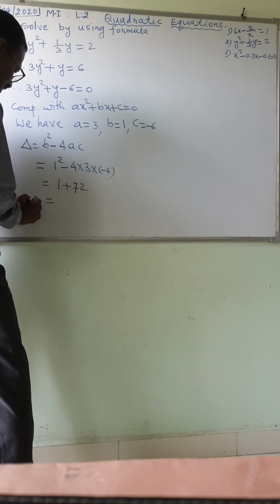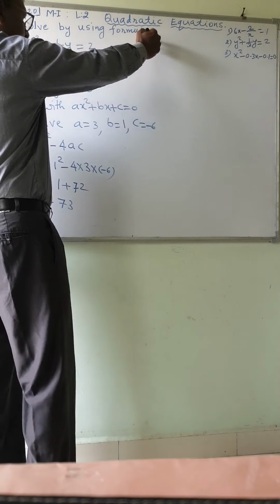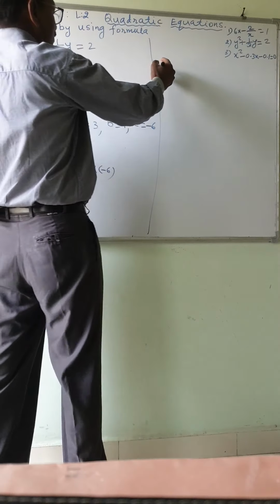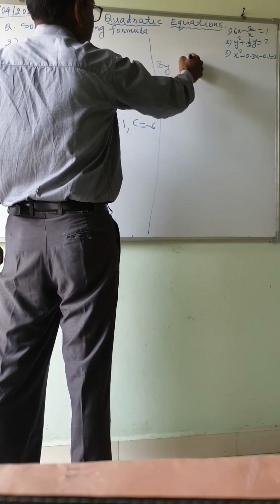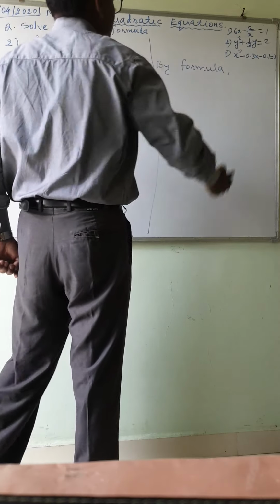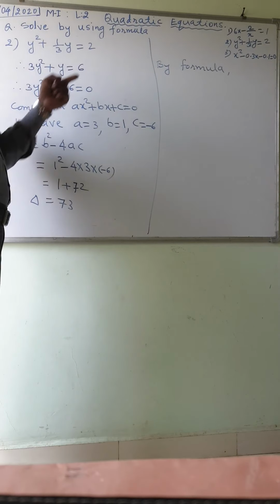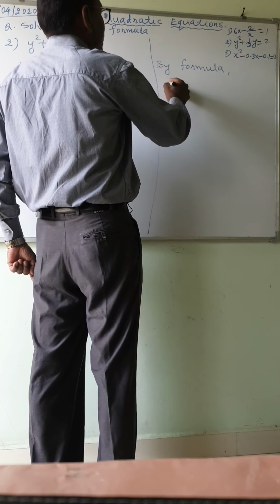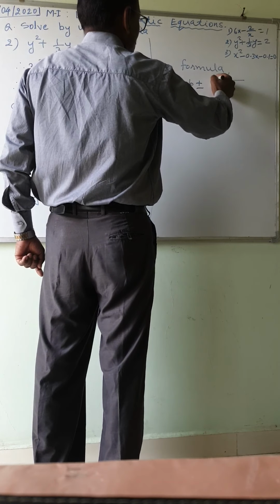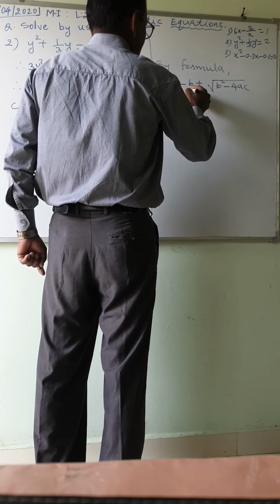So delta is equal to 73. Now by formula, what is the answer? By formula. You can write by formula method, or you can write by formula. Now this is a variable y, so I will write the solutions of y. So y is equal to minus b plus or minus root of b square minus 4ac upon